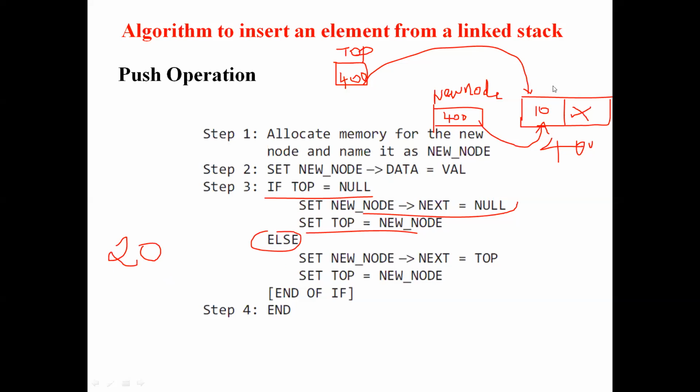So now I want to insert element 20. Ultimately, we'll call the getNode function, right? You know very well about the getNode function. Keep it in mind, that's very much important for you. When I call the getNode function, a new node is created. See, I'm drawing here. When I'm creating a new node, I will assign the value 20 into the data field of the new node.